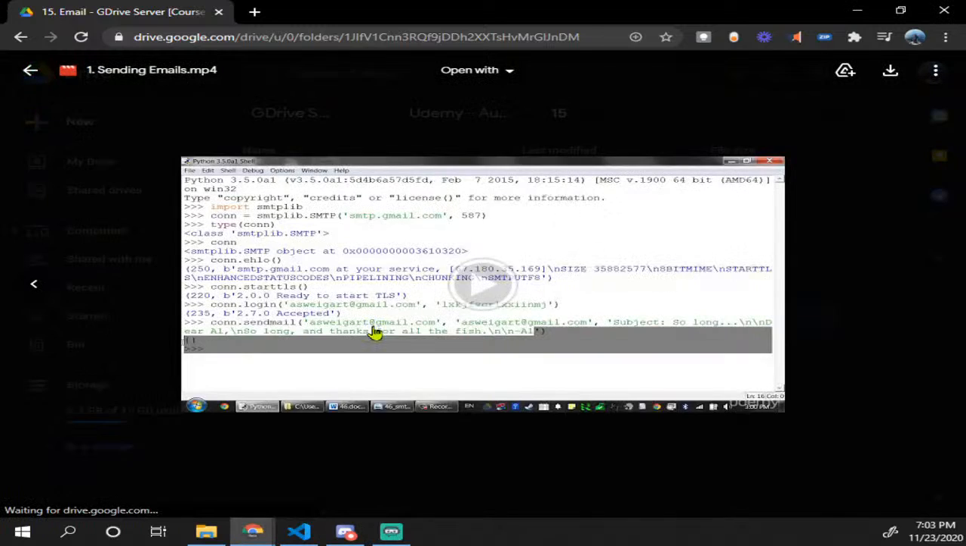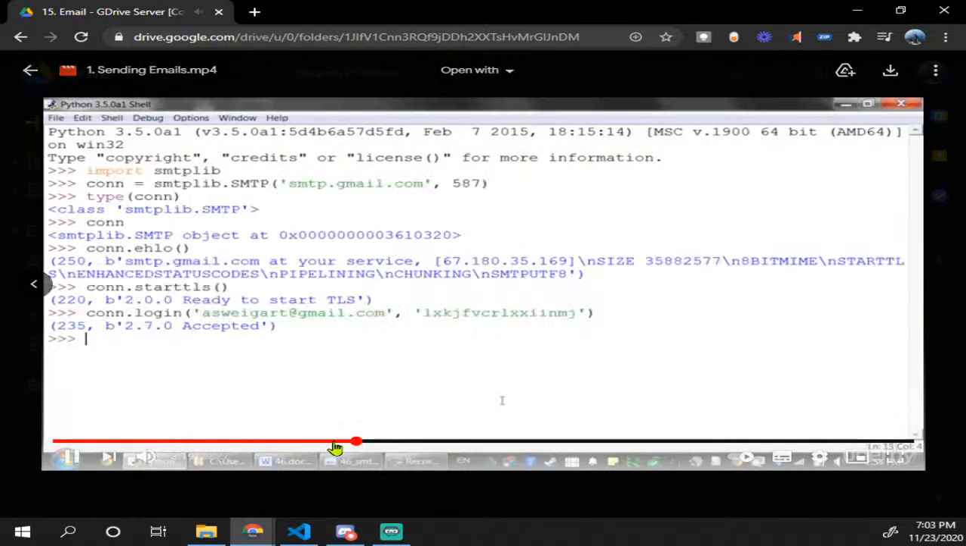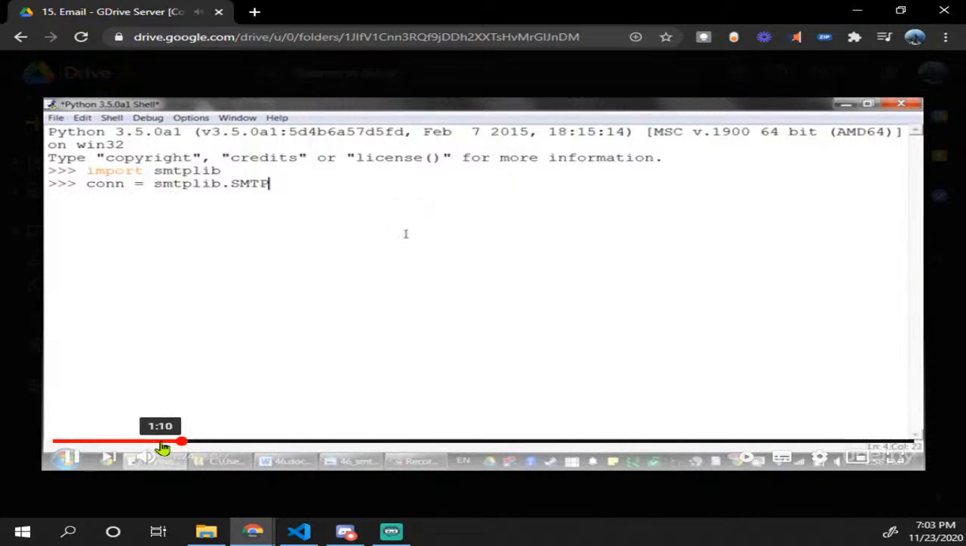Welcome to lesson 46. In this lesson, we're going to look at smtplib.SMTP in caps. A lot of different steps to this, so I'm just going to go through all the steps